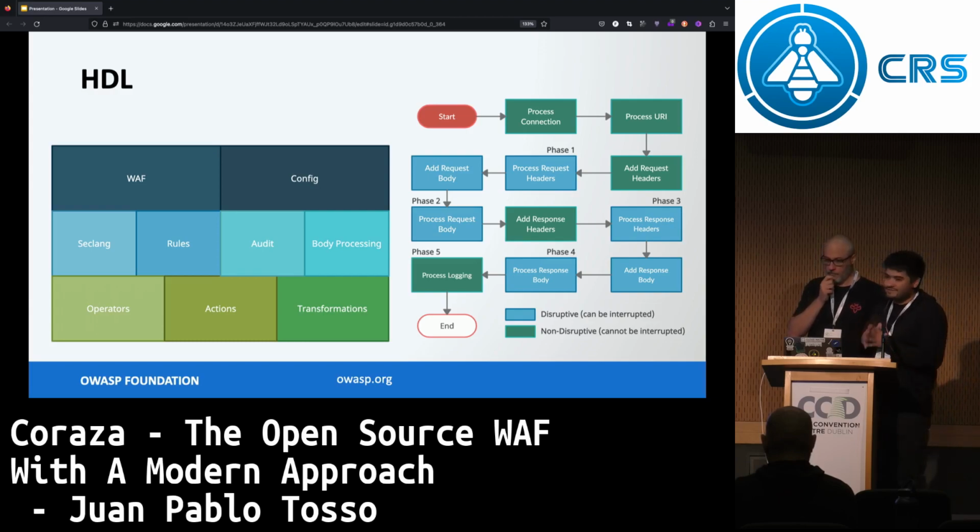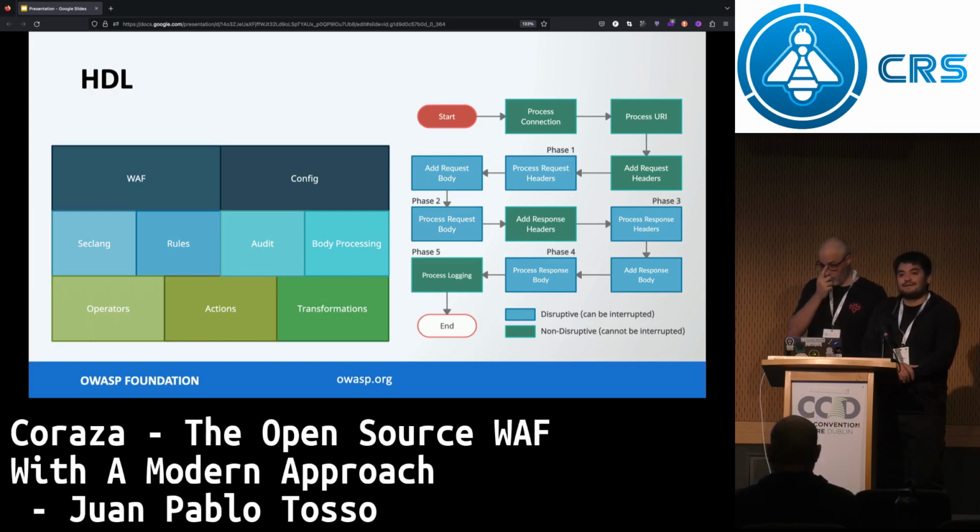And in process request headers, we do a processing of the URL and all the headers. Many people have talked about this, processing by part and adding. I mean, you could add more phases. You could process the URL, but in terms of implementation, most proxy APIs will at the same point in time provide you with the URL and the headers. So if you have them both, let's work with that.